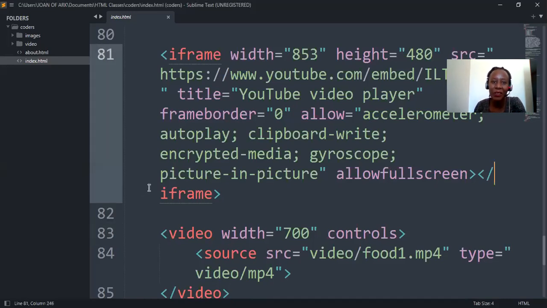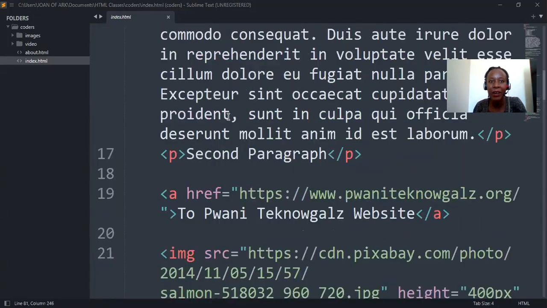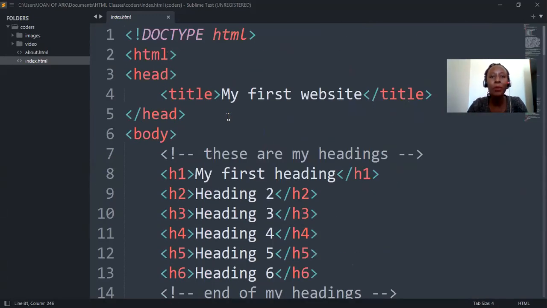Great. Let us continue. Now, with CSS, you are able to style your website. You are able to create or style your website. And how do you go about styling your website? First of all, there are 3 types of CSS. But before I dive into those 3 types of CSS,